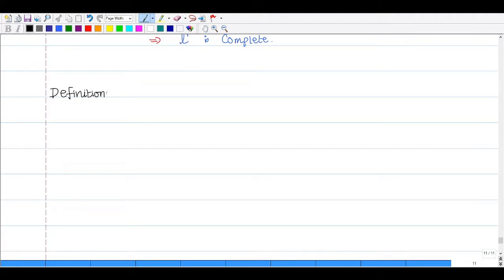So என்ன அப்படின்னா, let X be a metric space. Of course, that is let capital X be a metric space. And capital A be a subset of X. Then